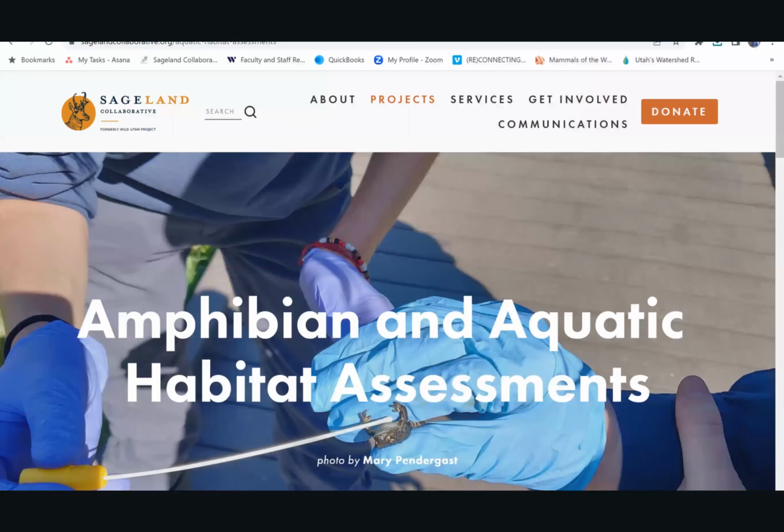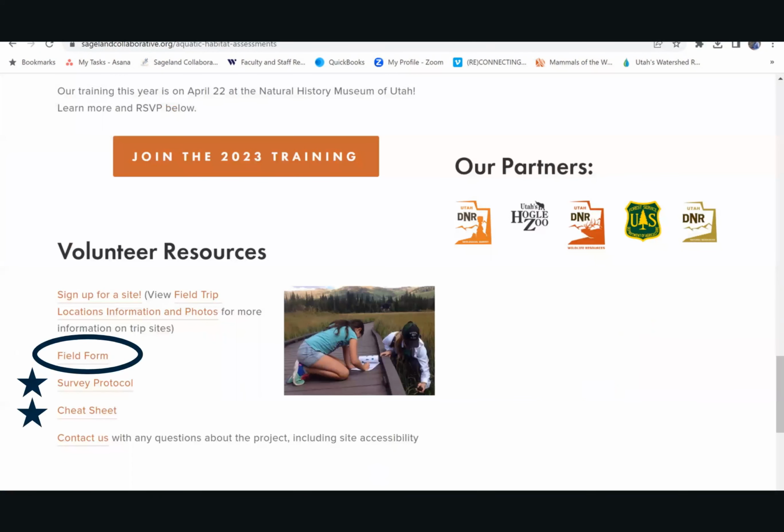If you would like to follow along with the field form in front of you as I walk through how to complete the surveys and habitat assessments, you can always find and print off the form by going to the Sage and Collaborative website, clicking on the Projects tab, and selecting the amphibian page. From the amphibian page, you can scroll down to the volunteer resources here at the bottom, and then select field form. You can go ahead and print that off, as well as supporting information like the written out protocol and